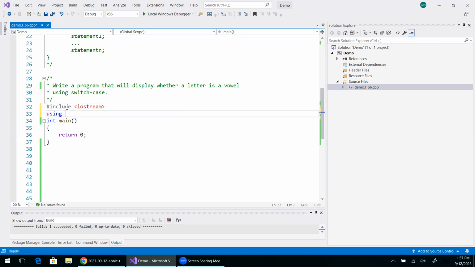And let's say we declare a variable for storing the character value that will be provided by the user. So for that, we have char ch, and we'll ask the user